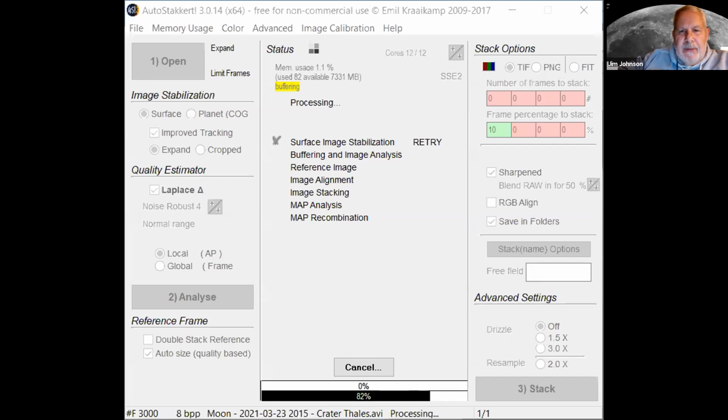Should add that the left panel that I was working in, that's the main panel for controlling the software run. And the right panel is for settings related to the image itself. Like you saw me click on the stabilization anchor. And I think that's as far as I want to go until it finishes analyzing.